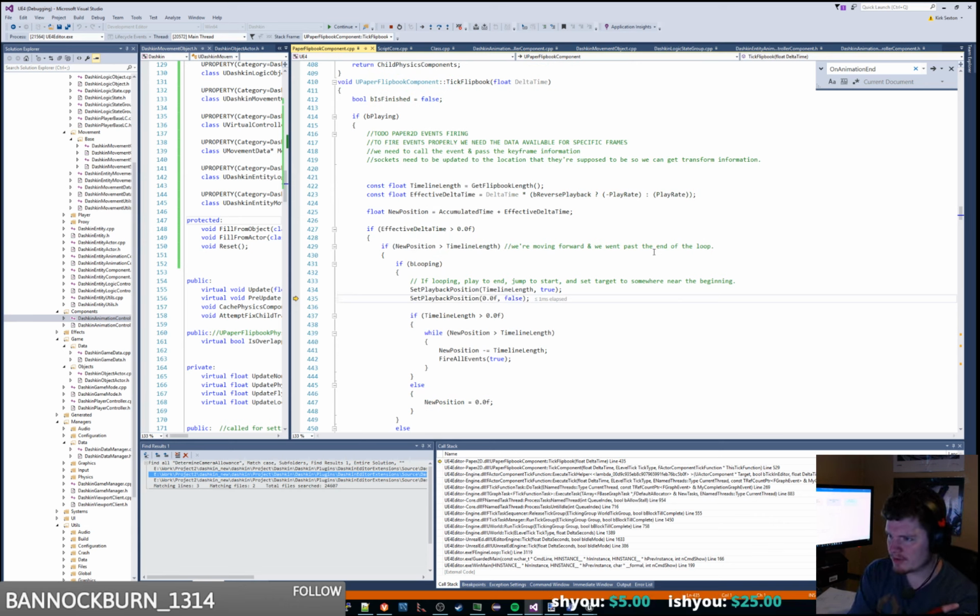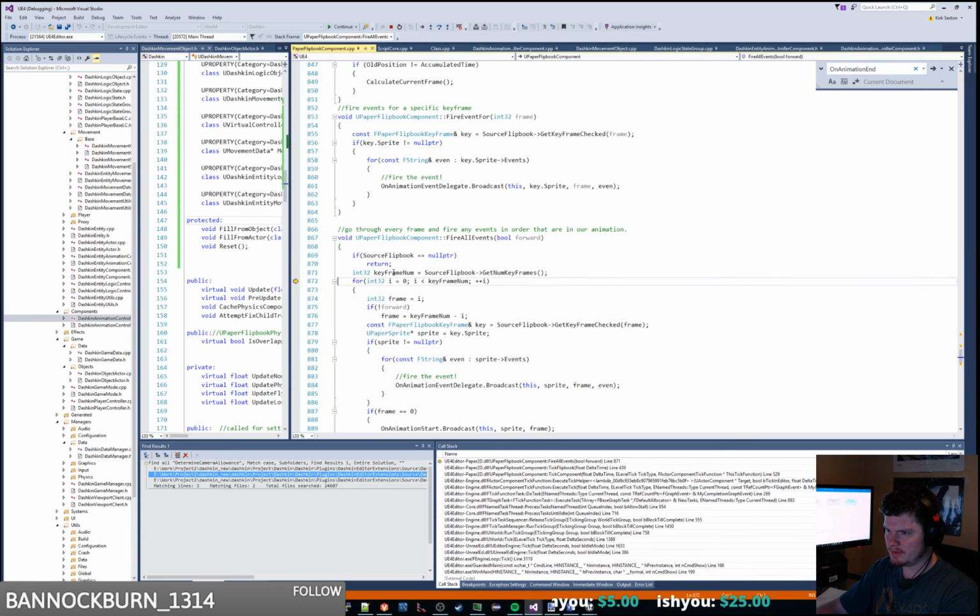If looping, okay, so if we are looping, set our playback position to 0. Timeline length. If timeline length is greater than 0, then fire all events is true. So what we're doing here is